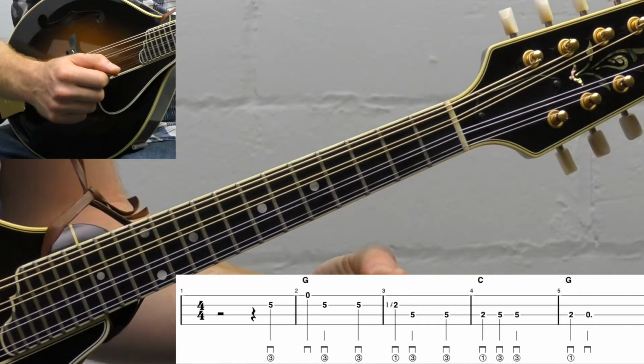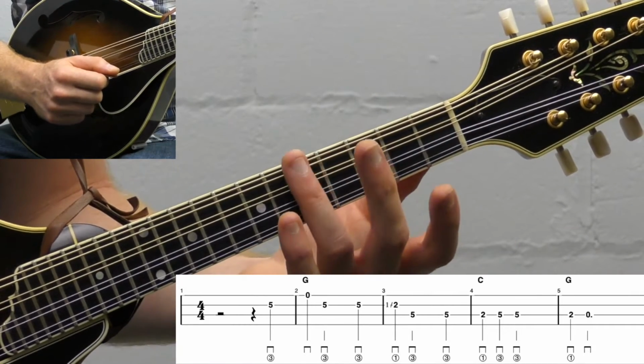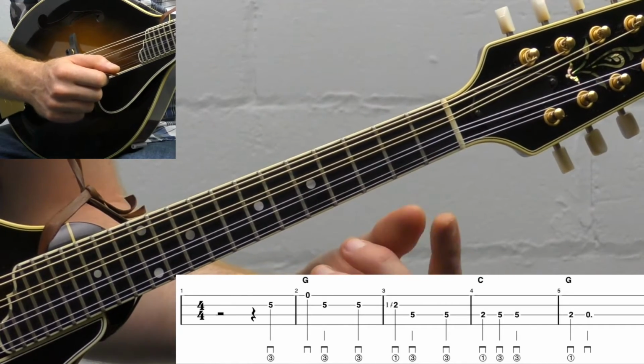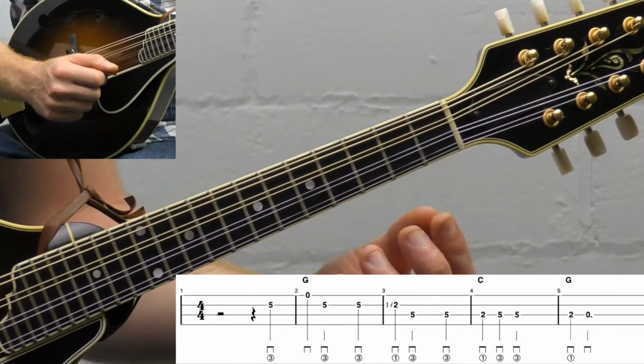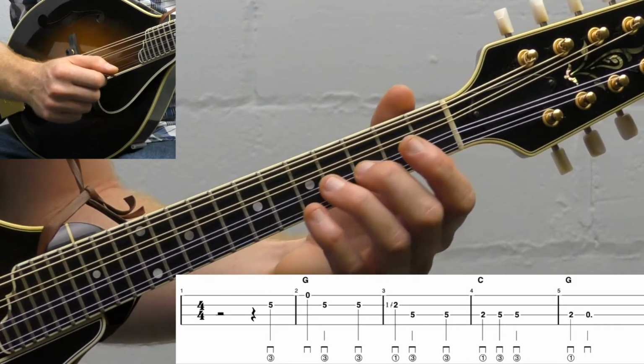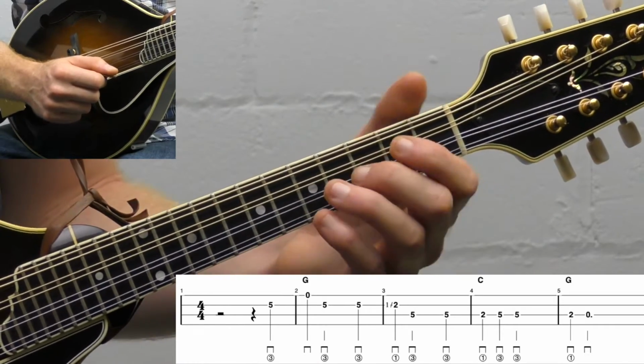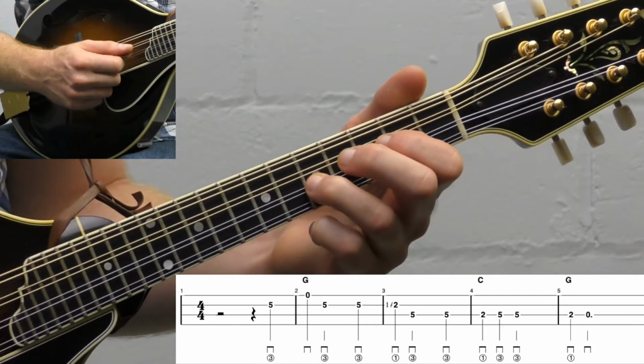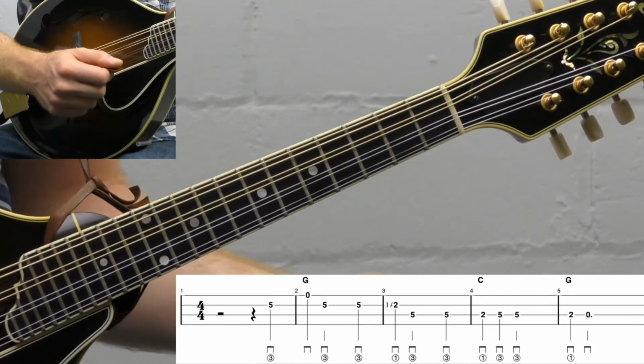So for this song, and just a general mandolin rule, for all the 5th frets, we're going to use our ring finger. All the 1st and 2nd frets, we're going to use our index finger. Not too many 3s and 4s on this song, but you would use your middle finger. So we're going to start up with our ring finger on the 5th fret of the A string and measure